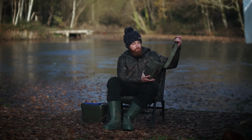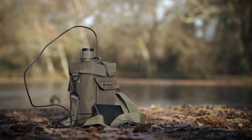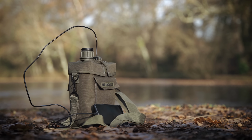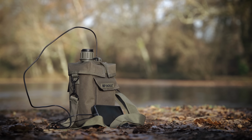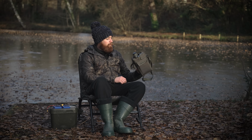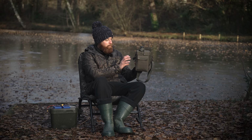You've got a shoulder strap as well, so it makes it nice and easy to carry around. But that's obviously not going to make you buy it over anything else. What's the main points of what's going on inside and what this power pack can actually offer? That's what separates it. And the first thing is not the easiest one to explain, but most power packs on